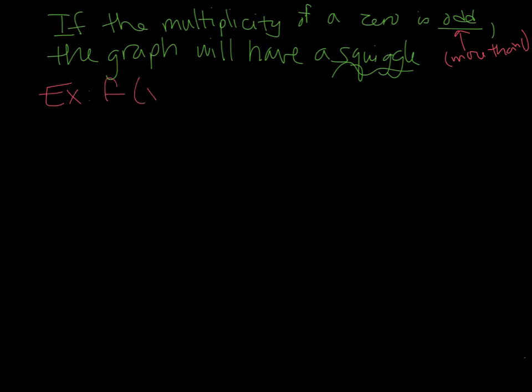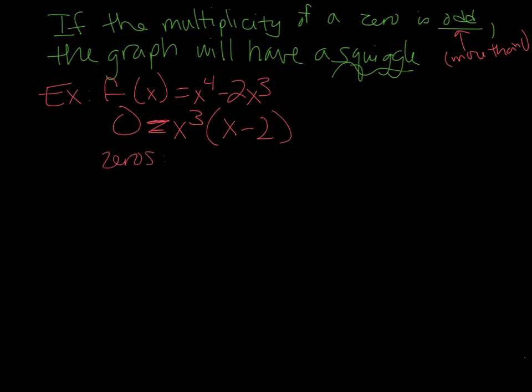For my example, I have f of x equals x to the 4th minus 2x to the 3rd. To find the zeros, you are going to set f of x equal to 0, and then you are going to factor out the x to the 3rd, which gives you x minus 2. For my zeros here, you're going to set x to the 3rd equal to 0. However, this is a repeated 0. It actually repeats 3 times. The other one, you're going to set x minus 2 equal to 0, which just gives you a normal 0